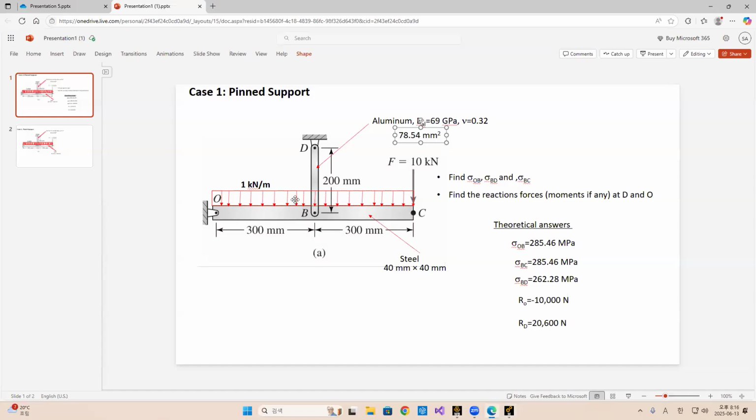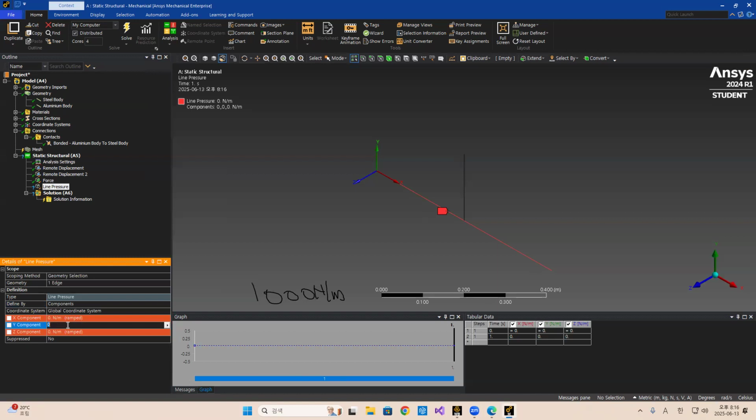This one is 1 kilonewton per meter, meaning 1000 newtons per meter. You should be very careful with the dimensions, right? So 1000, and a minus, since it is acting downward,